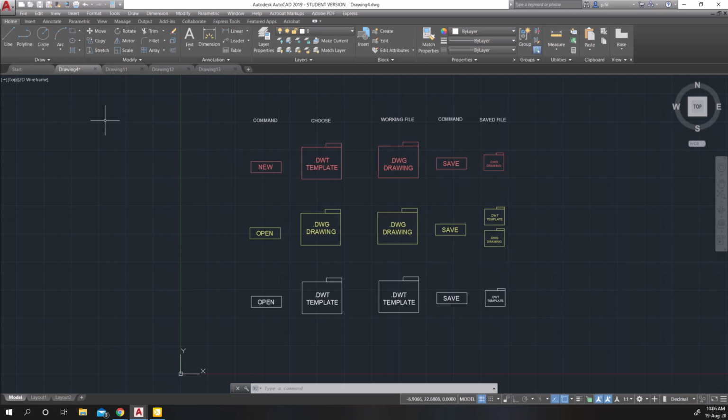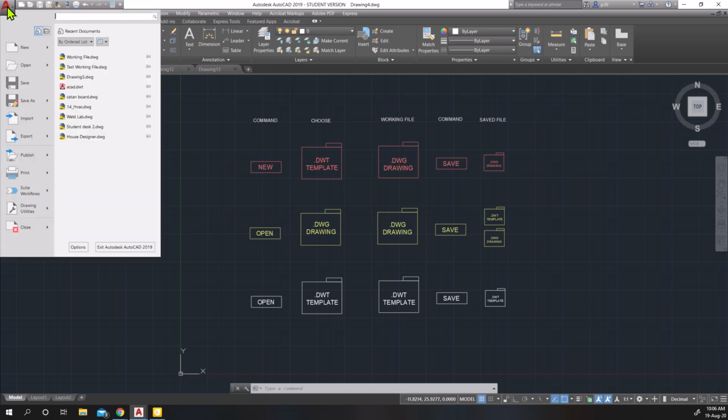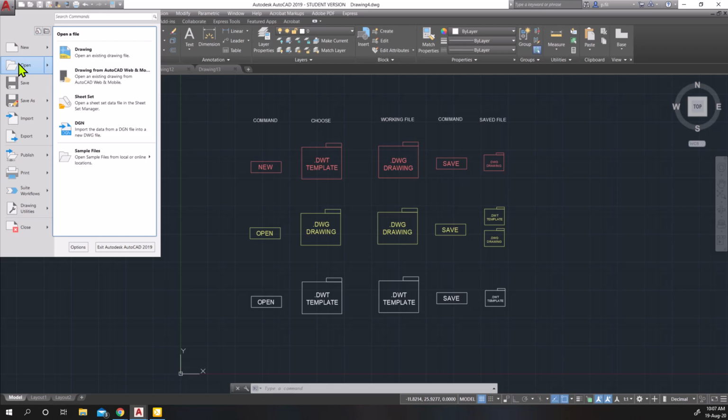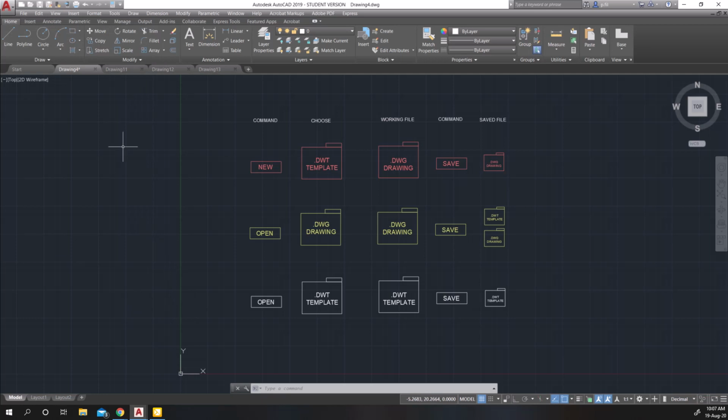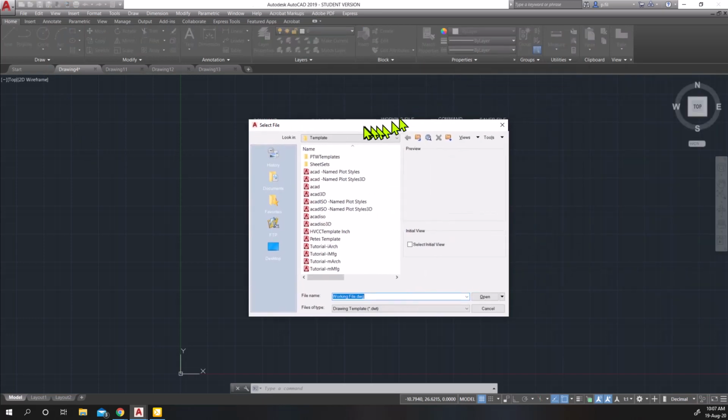So how do we open a file? Well, again, a couple different ways. We can use the open command, type the word open, use the open icon up top above the ribbon, or go to the application menu and use open from here. And again, you would open a drawing. So I'm going to hit escape to get out of that, and use the open icon above the ribbon, and that's going to pop up